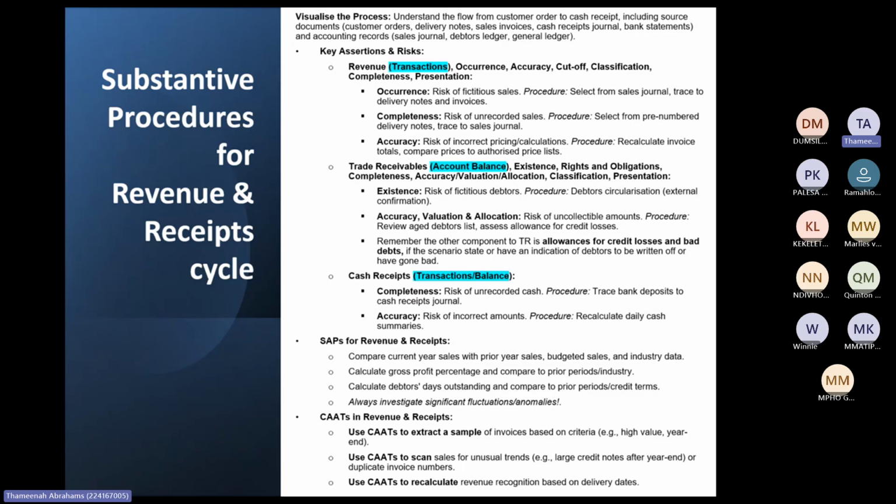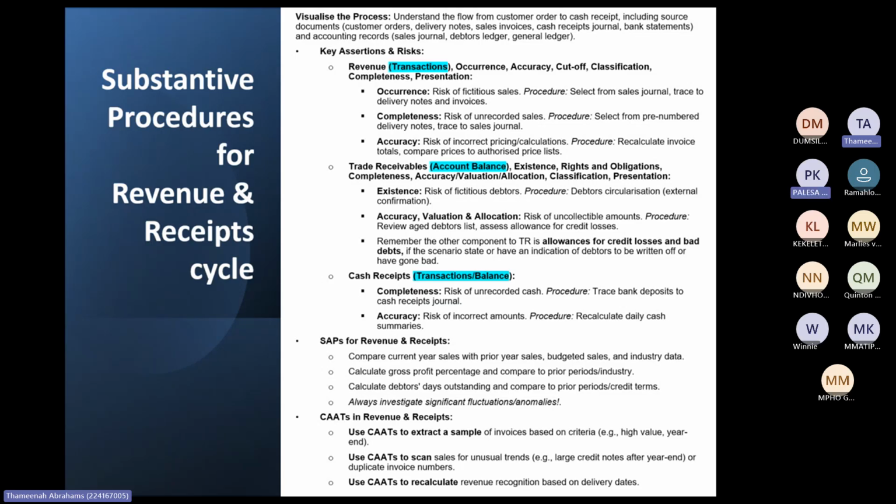Because remember, if you return the socks, what does Pick and Pay do? Pick and Pay will give you a till slip, and they'll tell you please sign and put your cell phone number down. As an auditor, I will then inspect that till slip to see your signature and your cell number, because that's confirmation that you did return the goods. What some audit clients do is they actually issue a return slip, or a return document, where a customer will also sign.